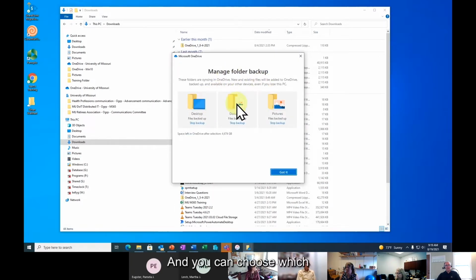And you can choose which folders you want to back up. Mine says stop backup because I'm already backing it up. But if you haven't started that yet, you should see radio buttons here that you can select and say start backup. And again, depending on your department, maybe you've already got your desktop backing up and these are